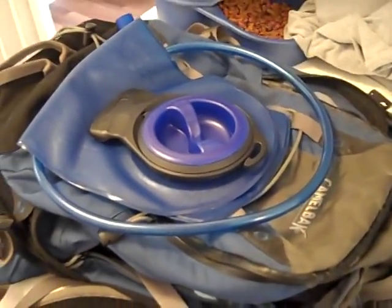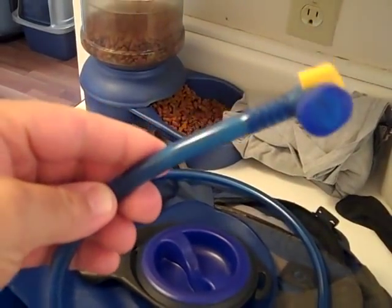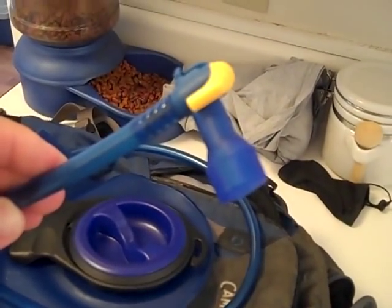Now I love the Camelback because this pack has a built-in water bladder. This little water bladder here holds 100 ounces of water, and it has a little tube which runs up through the pack itself and has a bite valve for drinking. It's probably one of the best ways to use water in the field. It's almost completely hands-free and very convenient, and it keeps the water balanced pretty ergonomically on your frame and the